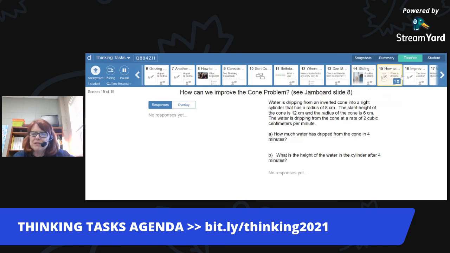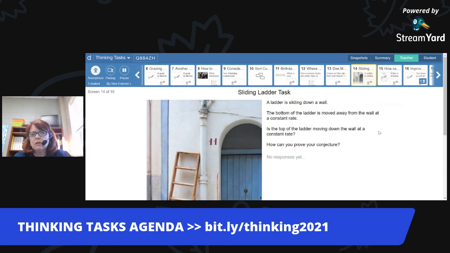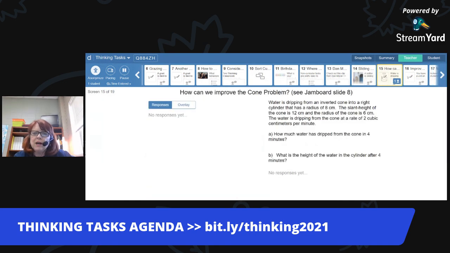Well, if you compare this task to the task on slide 14, which is the ladder problem, you will notice that in the ladder problem, there's nothing there. There's just the scenario. And it does talk about moving the base away at a constant rate. So that's some information there. And it's talking about the top of the ladder moving down the wall. Is it moving at a constant rate? But on this one, you've got some